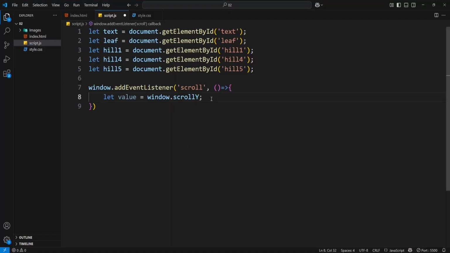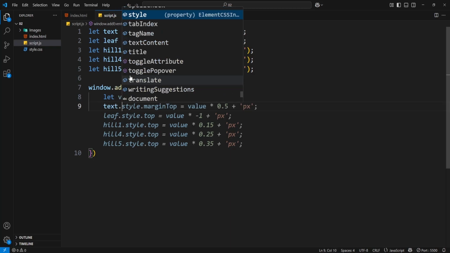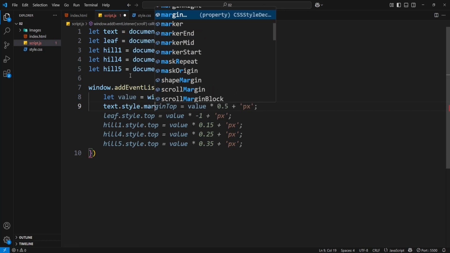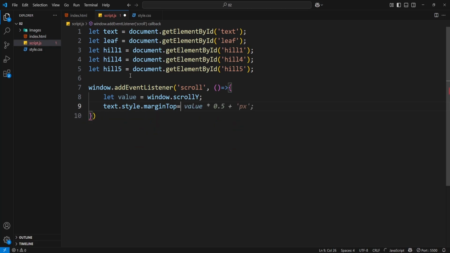So here, first I'm going to type the variable name. Which variable will store this text? Which is text. text.style.marginTop, then equal to. Then I'm going to assign a value; basically I'm going to use template literals. So I'm going to use backticks, then inside the backticks I'm going to use the dollar sign, then inside the curly braces,